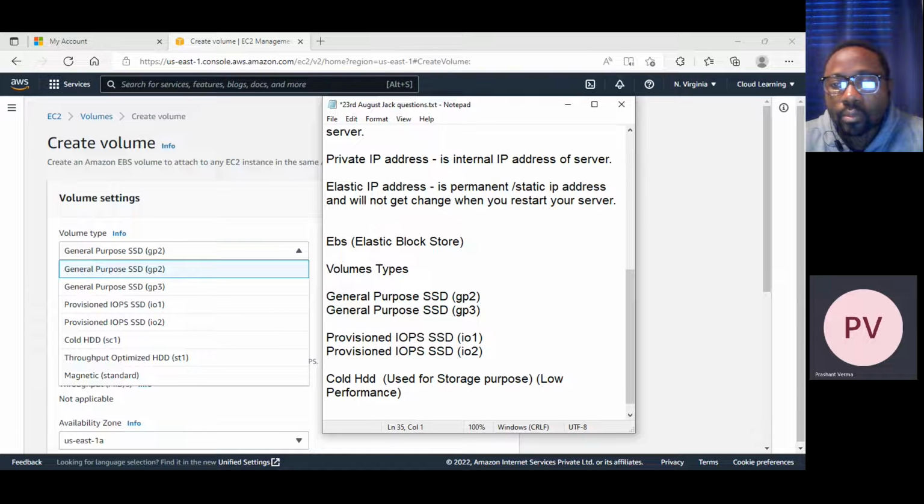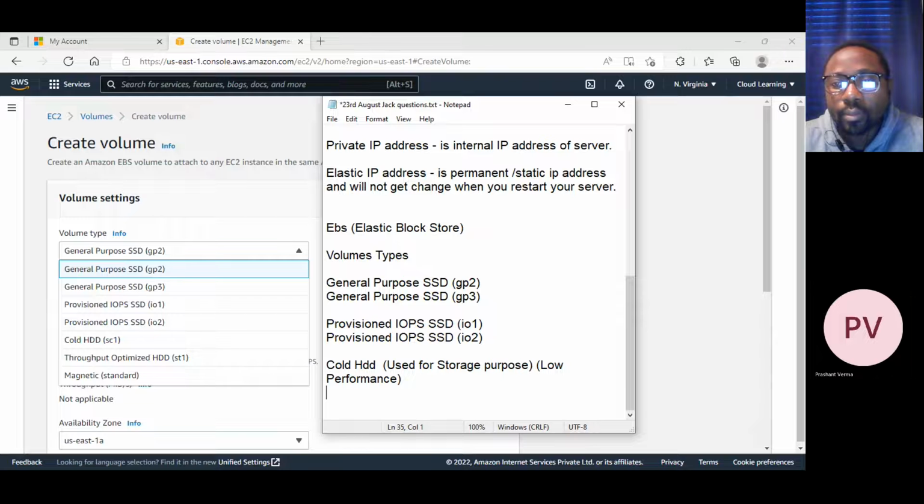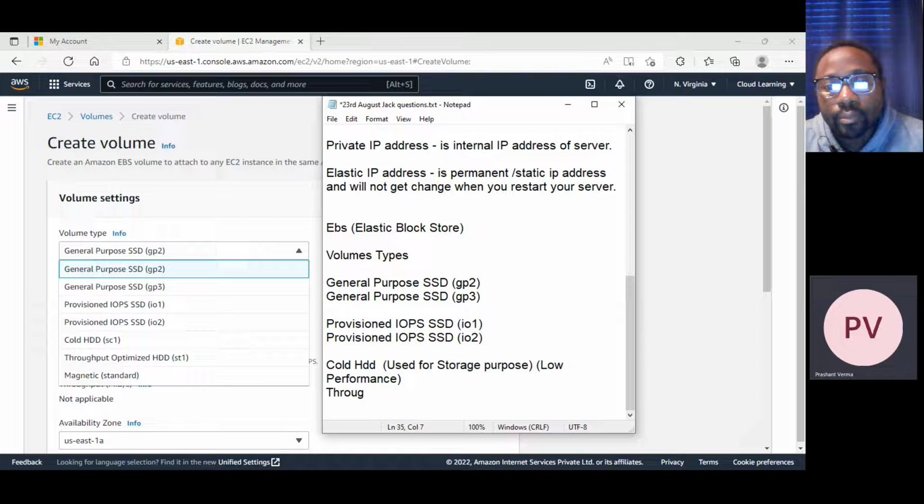The name also suggests cold. Then there are HDD disks. This is an SSD disk, and SSD used to be better than HDD. HDD is the older version.